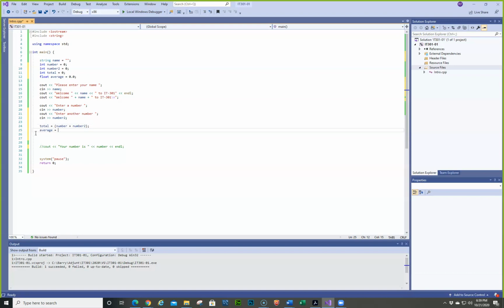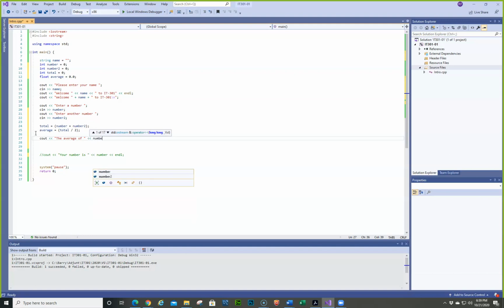And then the average is the total divided by 2. And then we'll put cout "the average of" number